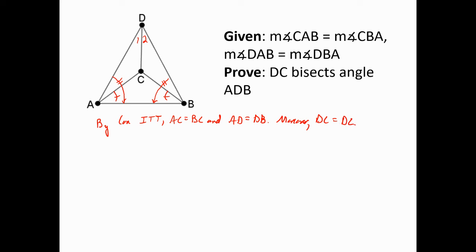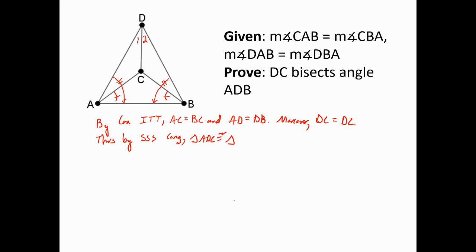And I tell you what, that's so obviously true that I won't even mention the rule here. Of course, it is reflexivity, but nobody will doubt that DC is equal to DC. And thus, that's a really good word for proofs, isn't it? Thus, it indicates that we've drawn this new statement out of what came before. So thus, by SSS congruence, it follows that triangle ADC is congruent to triangle, and I'm going to be really